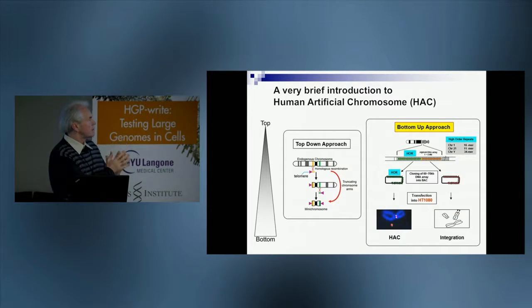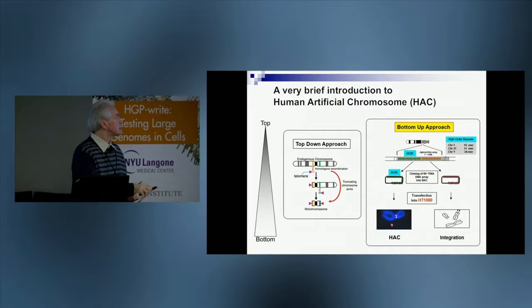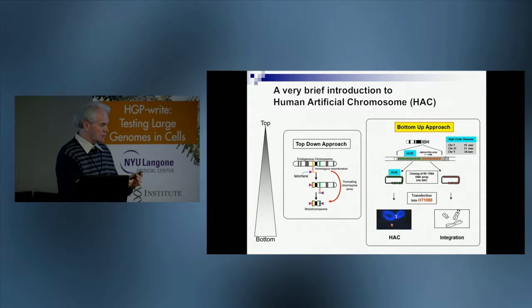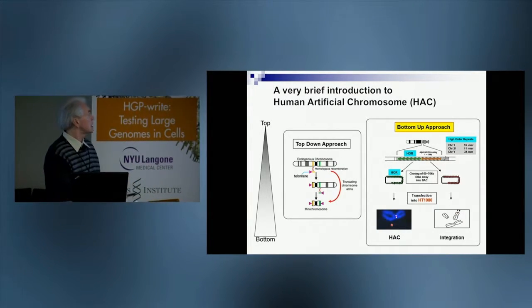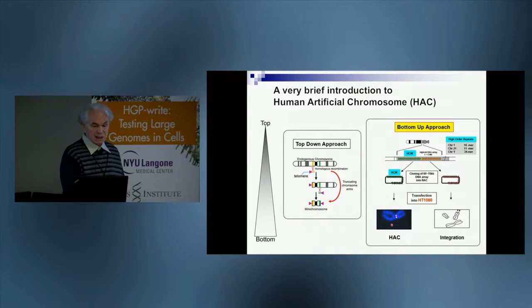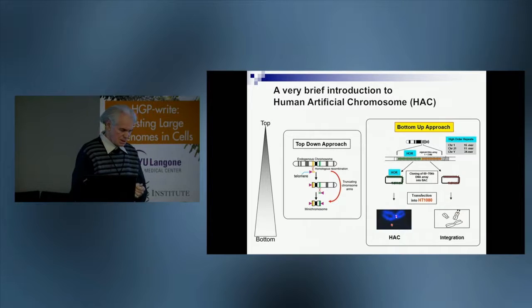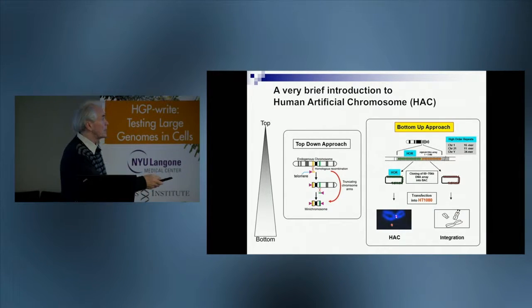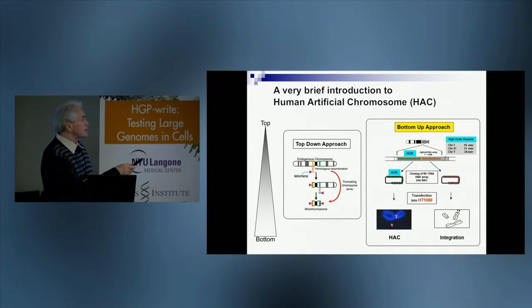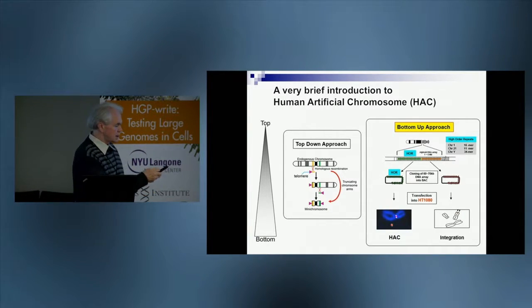There is a common way to generate a human artificial chromosome, a bottom-up approach based on transfection of human cells by alpha satellite DNA isolated from human centromere. So Hunt Willard demonstrated many years ago that a large block of alpha satellite DNA